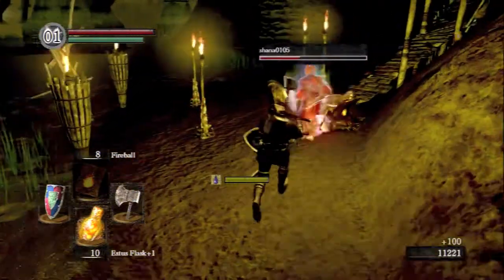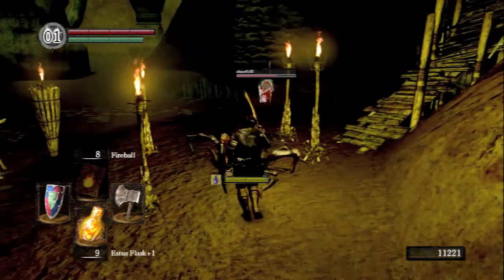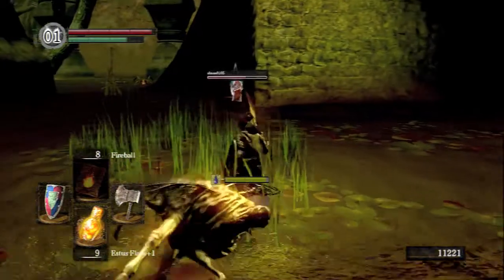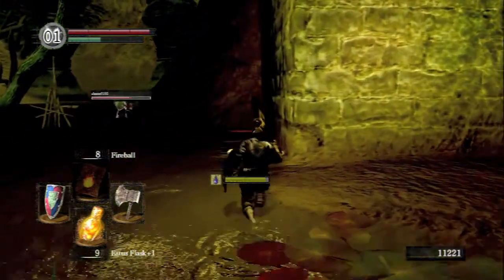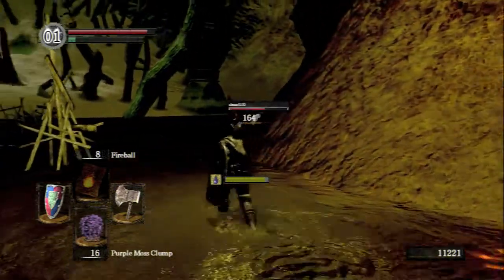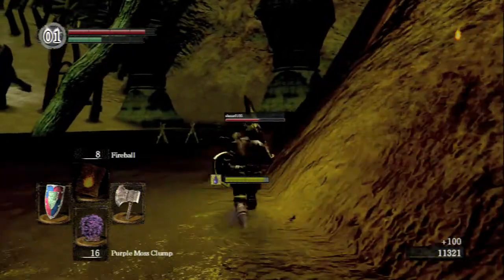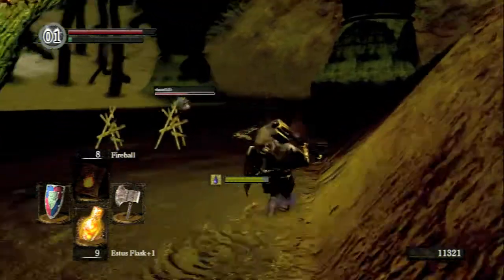Right, so you see her health now. So when I take a swig of my Estus, it heals the co-op player to a lesser extent. I should probably have the... See what I mean? I'm saving the purple moss clump for the time being. So I've got to keep my eye on the Estus so that...